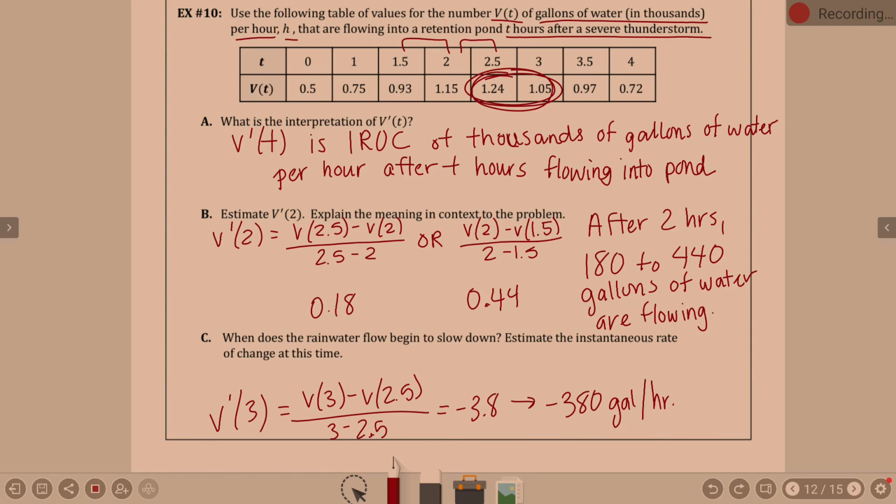Okay? And so, is that the V? Is that the rate that it's flowing at? The derivative? Yes. So it's somewhere between 180 to 440 gallons of water flowing into the retention pond. So that's whatever gallons of water, I should say per hour. I didn't get the per hour on there. Okay, did I actually kind of finish? I guess I had a moment more than I thought. Okay,